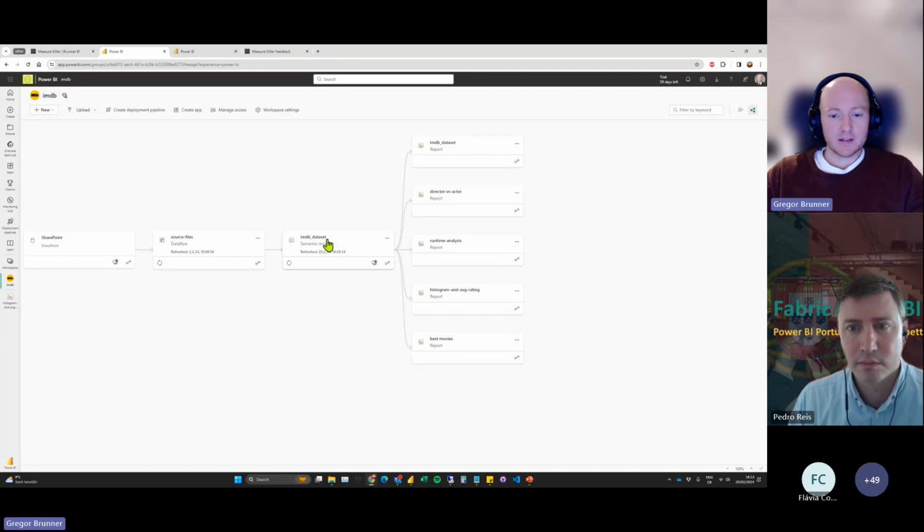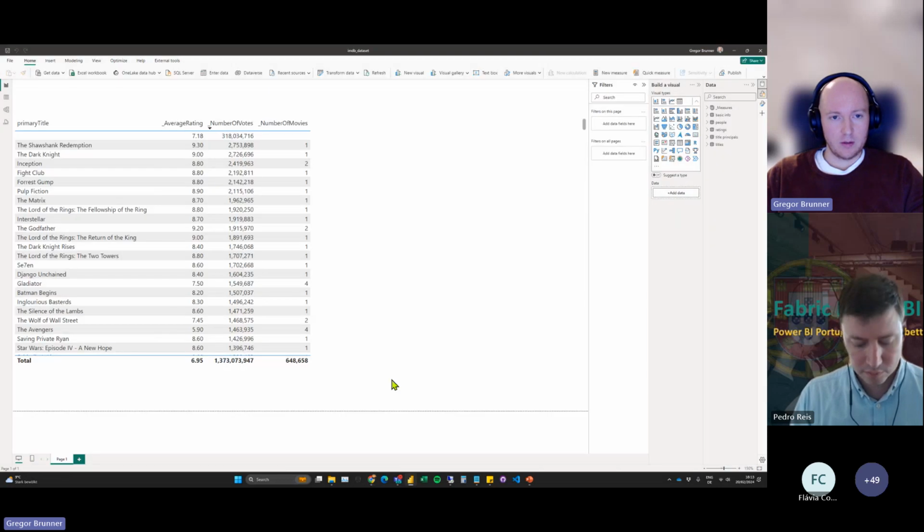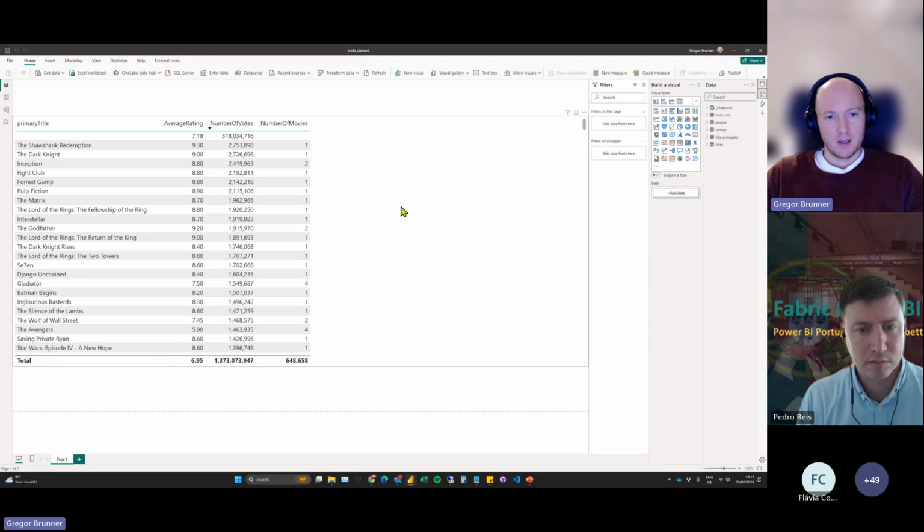So let's take a look and see what's going on. I have Power BI open, and this is my data set. This is the big IMDb data set. You can see I also have some kind of table here. A lot of times people also have some pages in the data set because you want to check some sums, if everything is correct, or if the measures are calculating correctly.